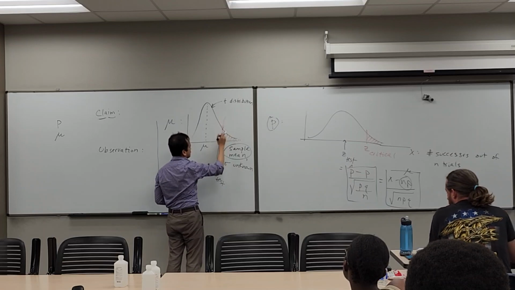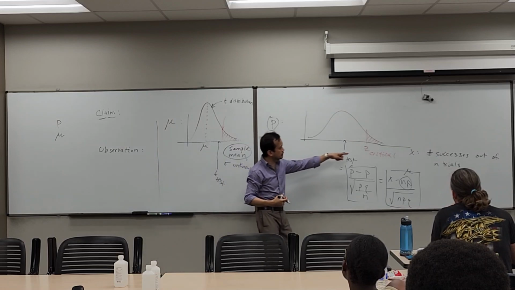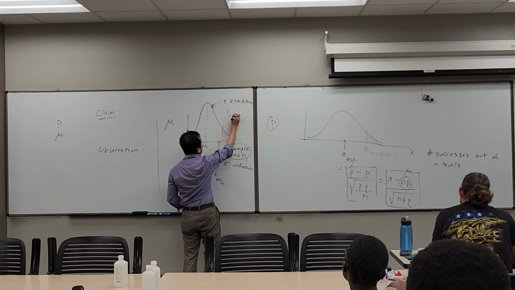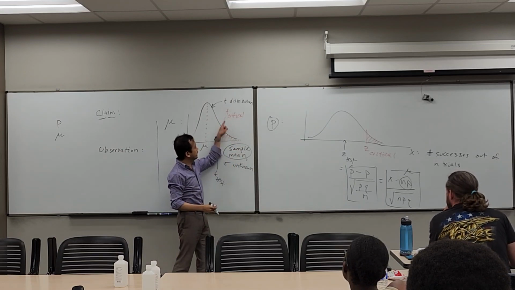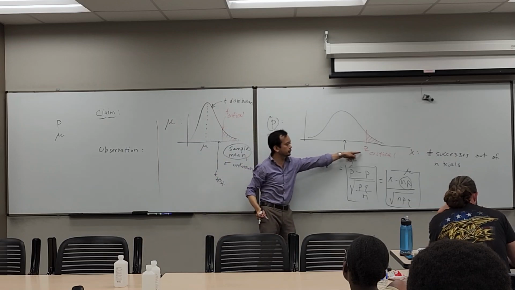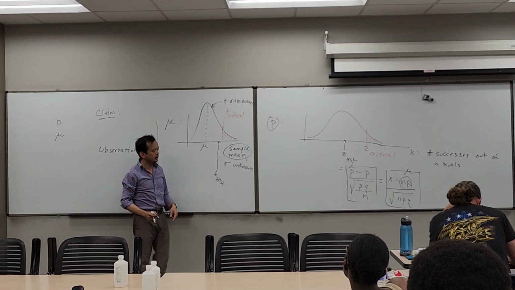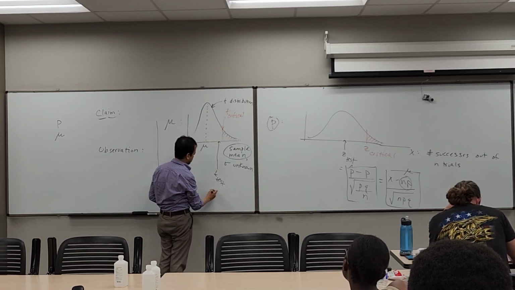And where the tail starts, it'll have its own critical statistic. Instead of z-critical, it would be called t-critical. And just like before, any critical value will come from a chart or a table, and any test statistic will come from a formula. So the formula for this test statistic will end up being